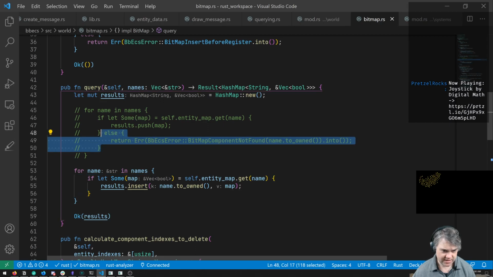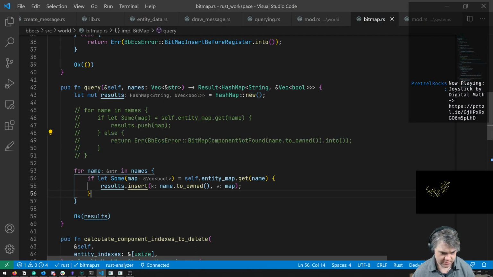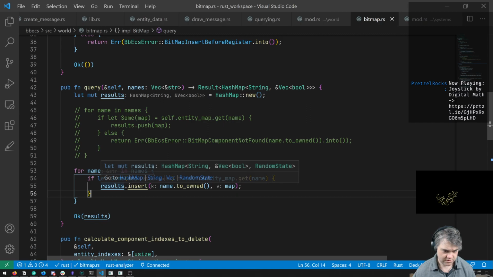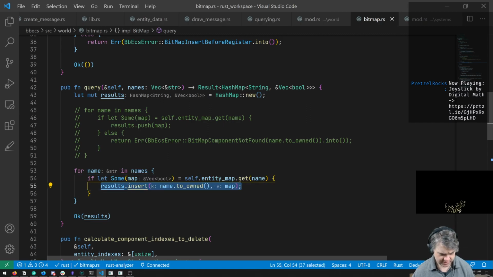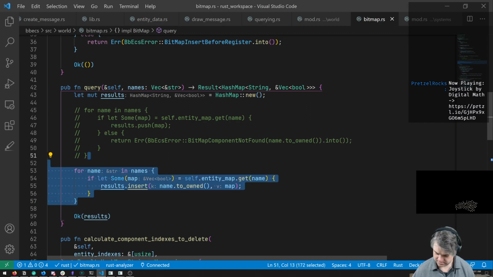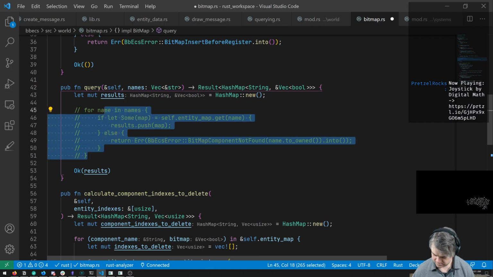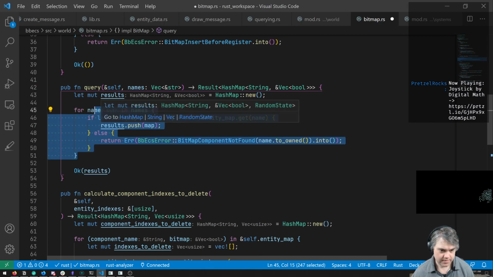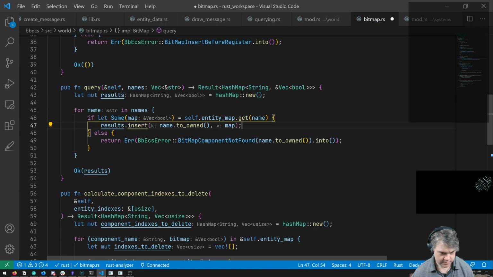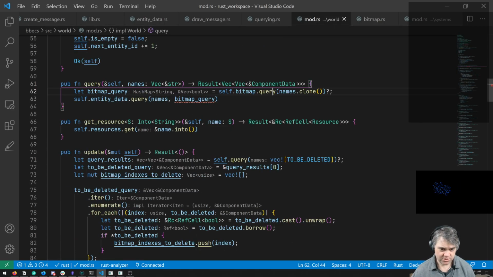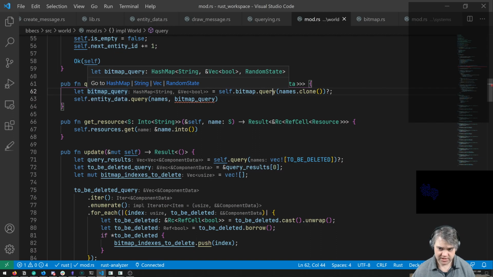And then we can have this else error. Okay, so if this is the only thing we're doing differently, then we insert it into there, and then we return these results. Okay, so back to mod u. So now we get this hash map of string and vec bool.